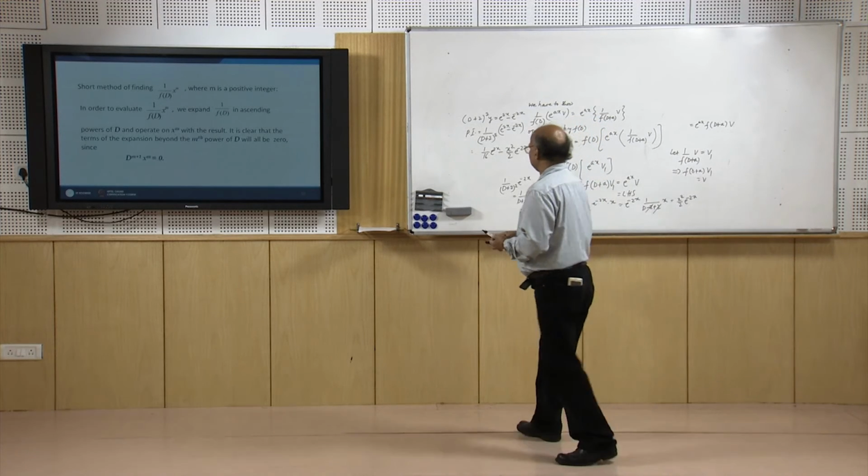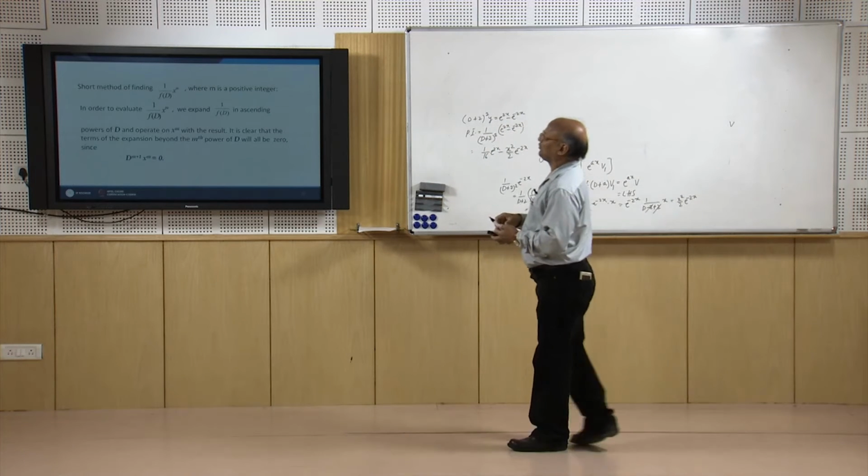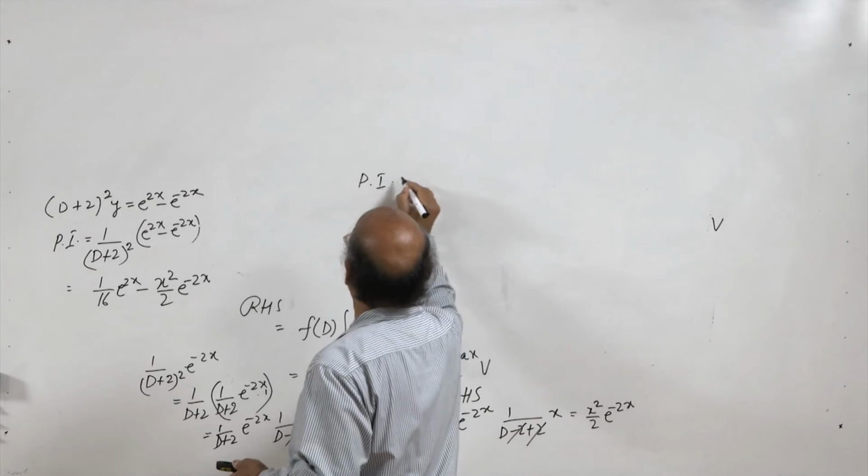Now let us find another result. So now we discuss how to find the particular integral in case Rx is of the form x to the power m, where m is a positive integer. So when we have to find the particular integral of this type,